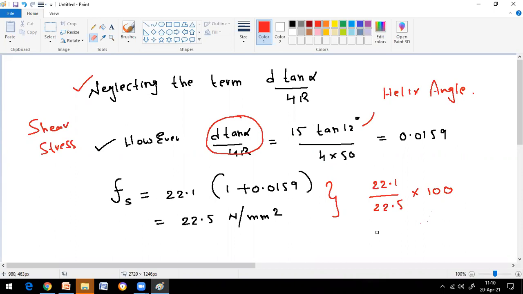So what is this percentage? 98.2%, so minus 100%, it will be 1.8%. So the difference of these two shear stresses will be 1.8%, by considering the helix angle of 12 degrees. This is how we can compare. And finally, if you see the deflection formula of your